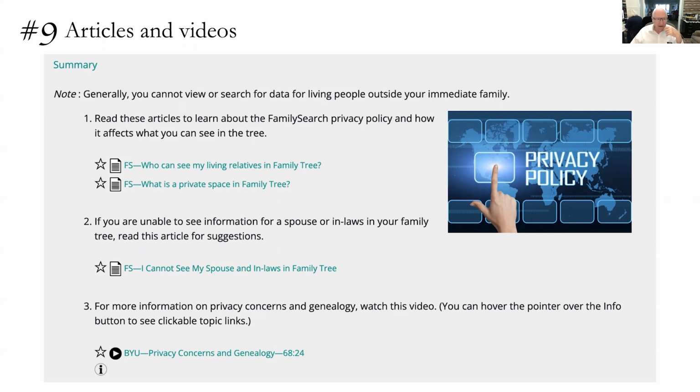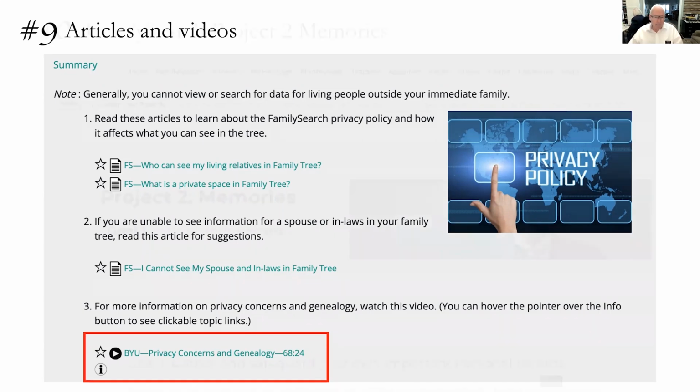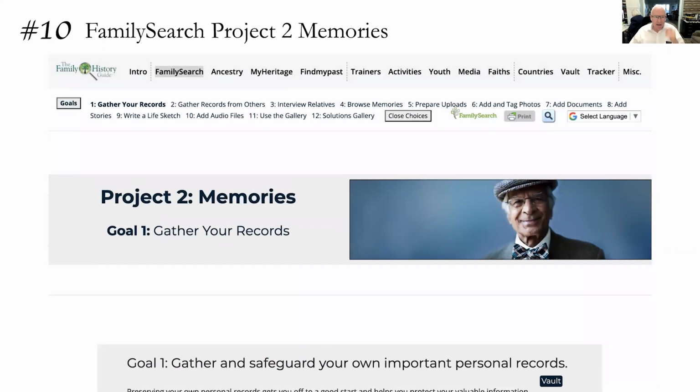The second part of this is, these little icons here show you that this is a document. And when you drop down here, you'll see a little triangle, which is a kind of universal sign for a video. And you'll find that this is a video, and it will tell you exactly how many minutes long it is. And this is an hour-long presentation from BYU on privacy concerns and genealogy. Number 10 here